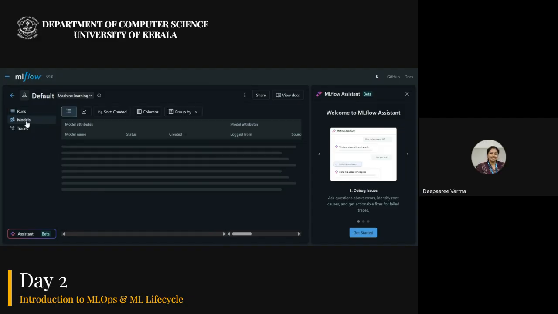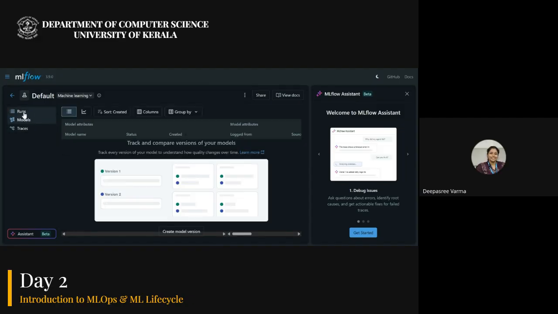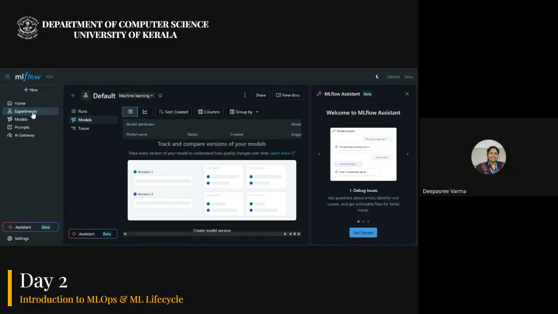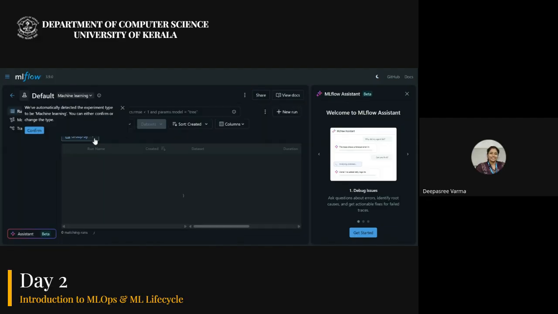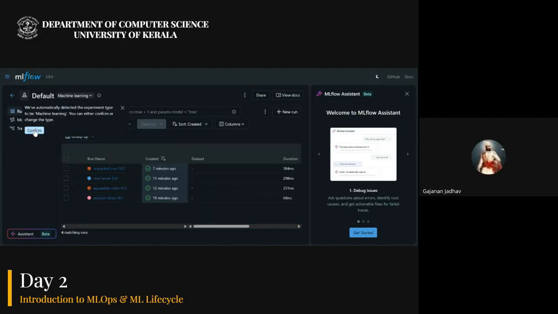Are you able to see anything on this page? Did you get this MLflow? Yeah, inside that home, experiments, models, prompts, AI gateway. Just click on experiments. Yes, clicked. And did you see a default like this? Yeah. Click on that. Now you got it? Yes, got it. Thank you.